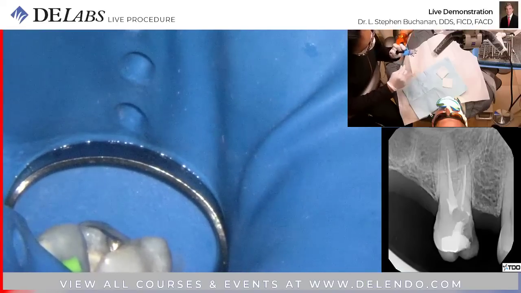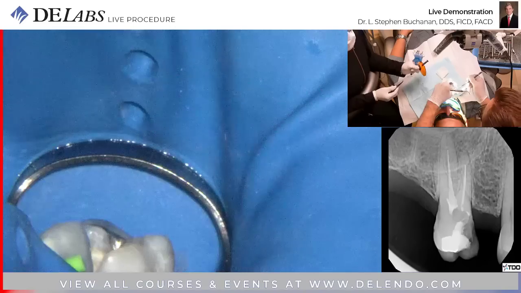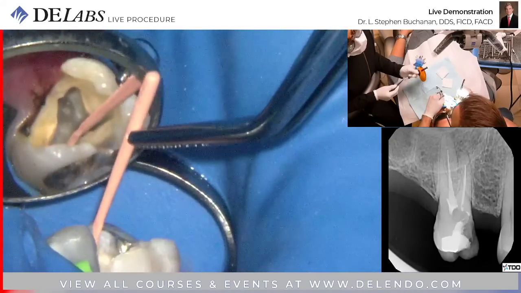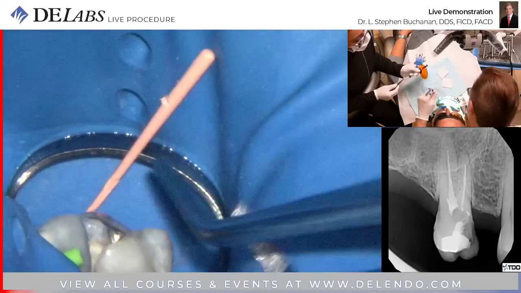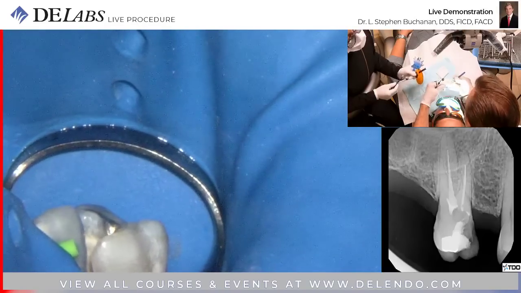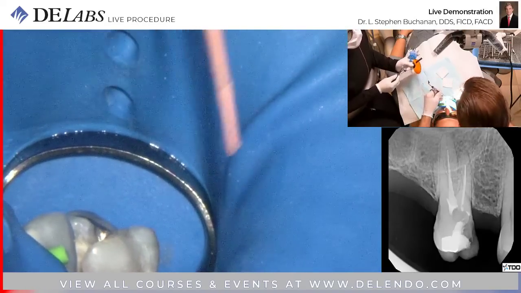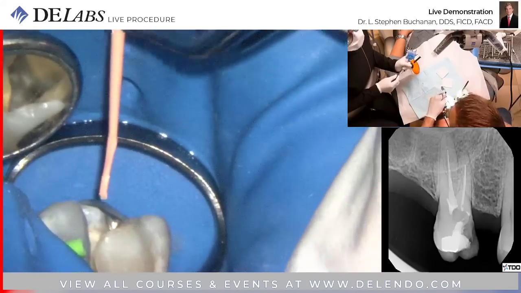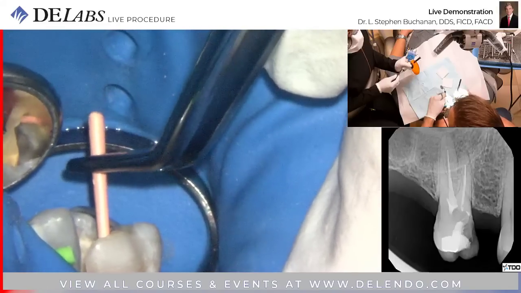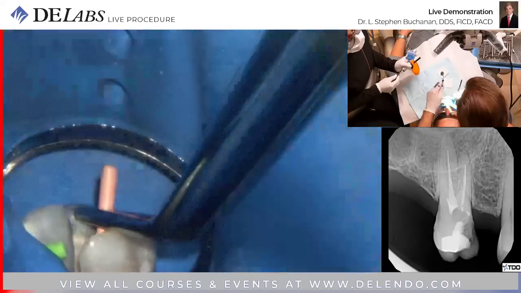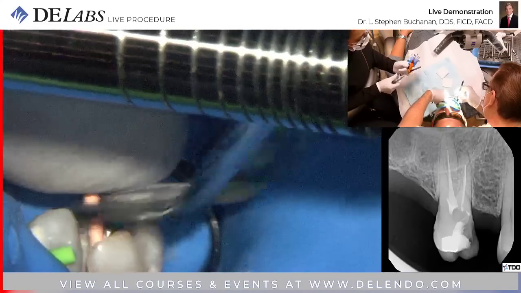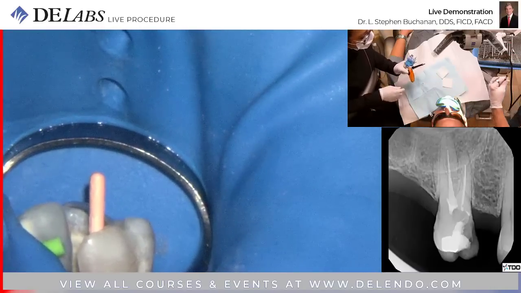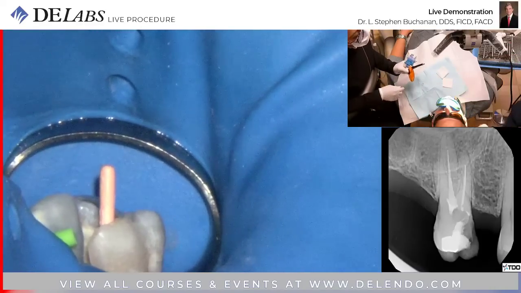No, I'm putting this in the canals because I've got a syringe right next to him. These are backfill cones. I don't need them to fit the length. They just need to keep me from obscuring the canals and having to dig them out